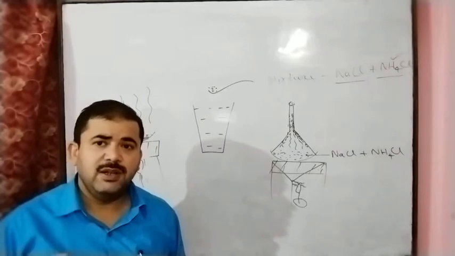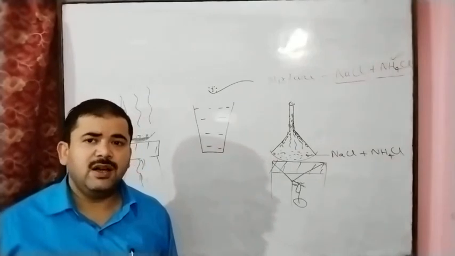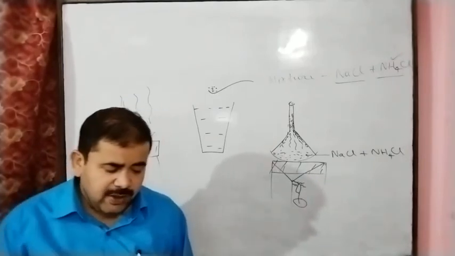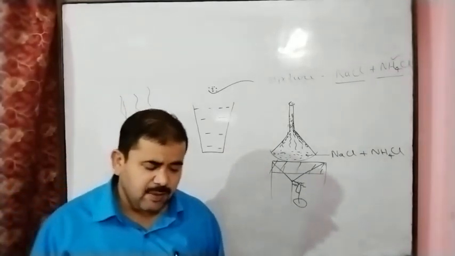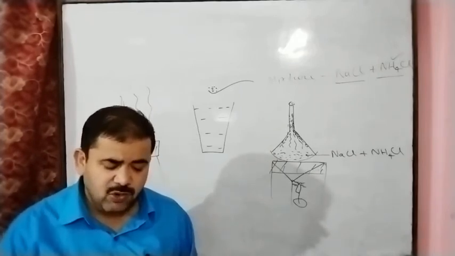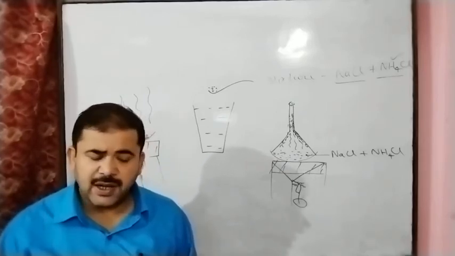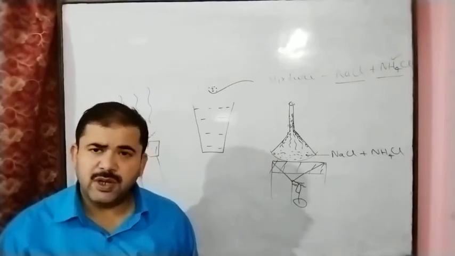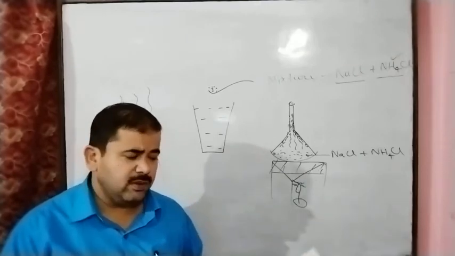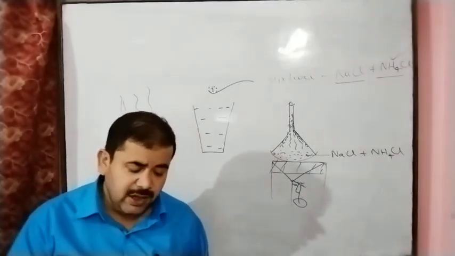And in this principle, one solid substance should sublime and the other should be non-sublime. After this sublimation, we can separate many examples, such as ammonium chloride, iodine, camphor, dry ice, naphthalene, anthracene and benzoic acid. So these substances we can separate by using the sublimation process. And next, separation of solid-liquid mixture.